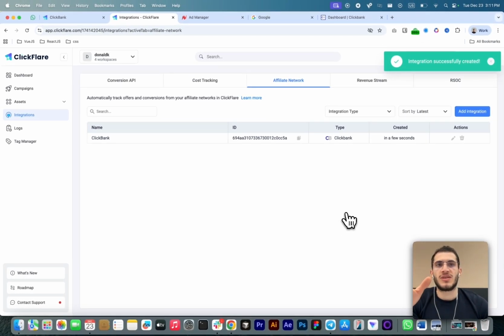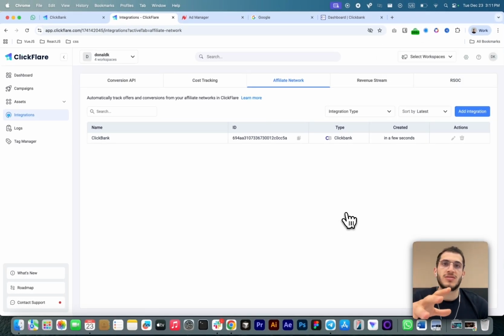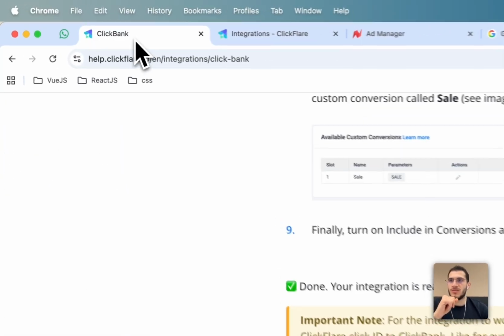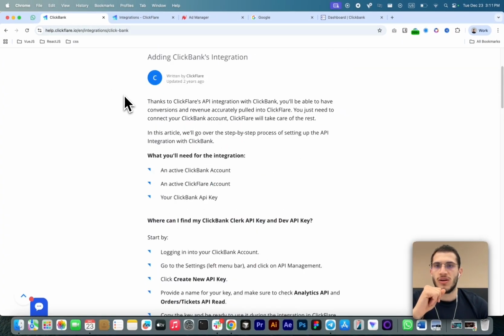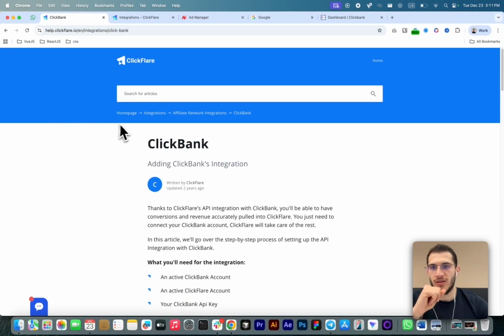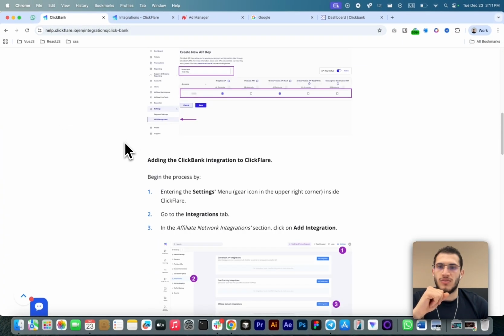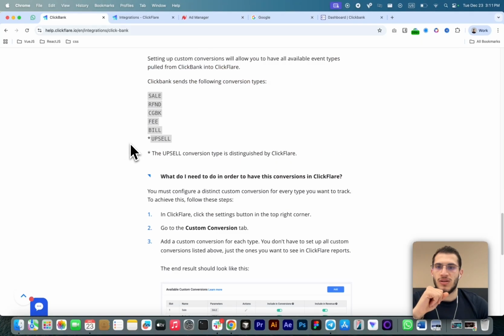The other step is that ClickBank requires some custom events that we need to add to ClickFlare in order to capture the revenue through API. Now, where do I find those events? We have this documentation right here, help.clickflare.io, and you can search for ClickBank. When you scroll down at the end, you'll see the custom events, the custom conversions that you need to add